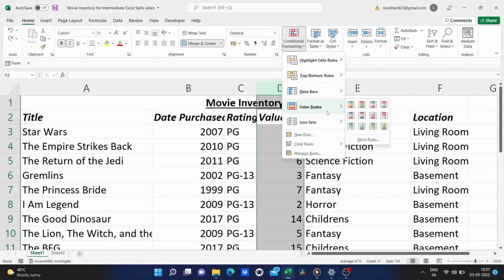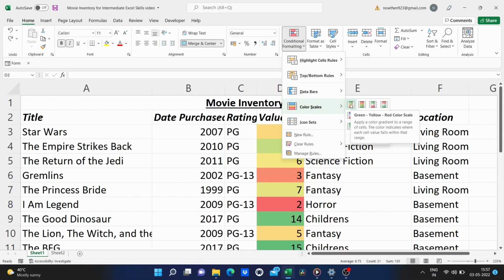I want to explore this in more detail if you're interested in conditional formatting because it's really an exciting tool. So I'm going to go into color scales and I want the color of each cell to adjust depending on how valuable the movie is. Now, to do this, I would select probably this color scale here.